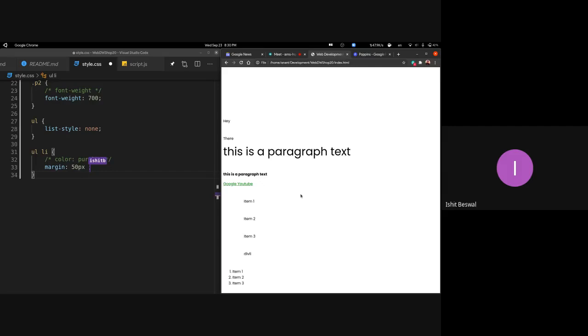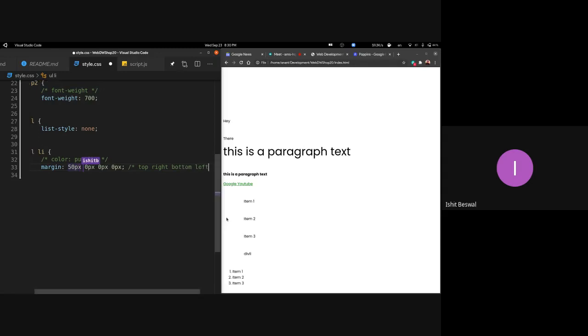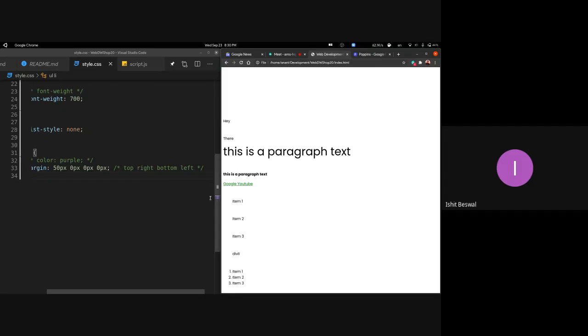So for that, you can type out the margin value you want for every single direction. The first one is top, the second one is right, the third one is bottom, and the last one is for the left. So the first value is for the top margin, the second value is for the right margin, the third is for the bottom, and the last one is for the left margin. Now if we refresh the page, the left margin goes to 0.